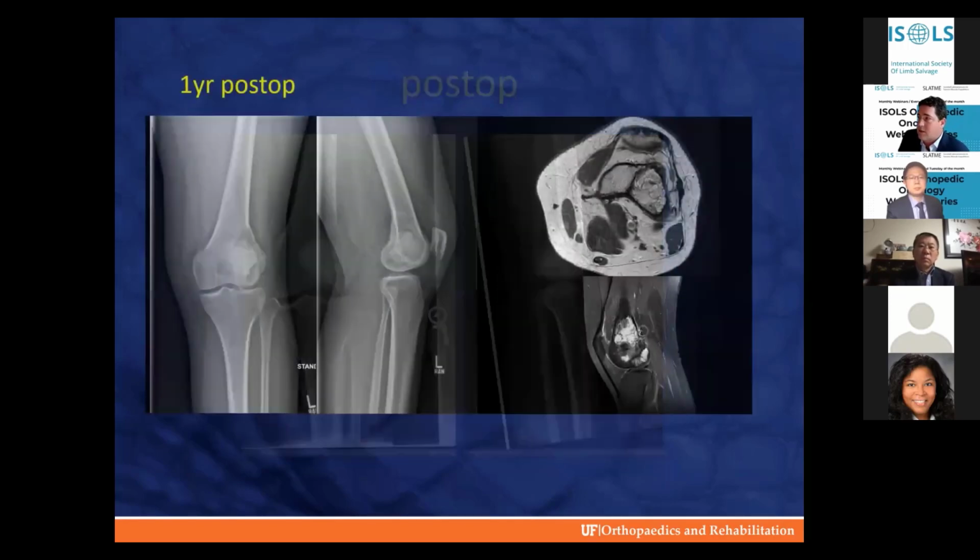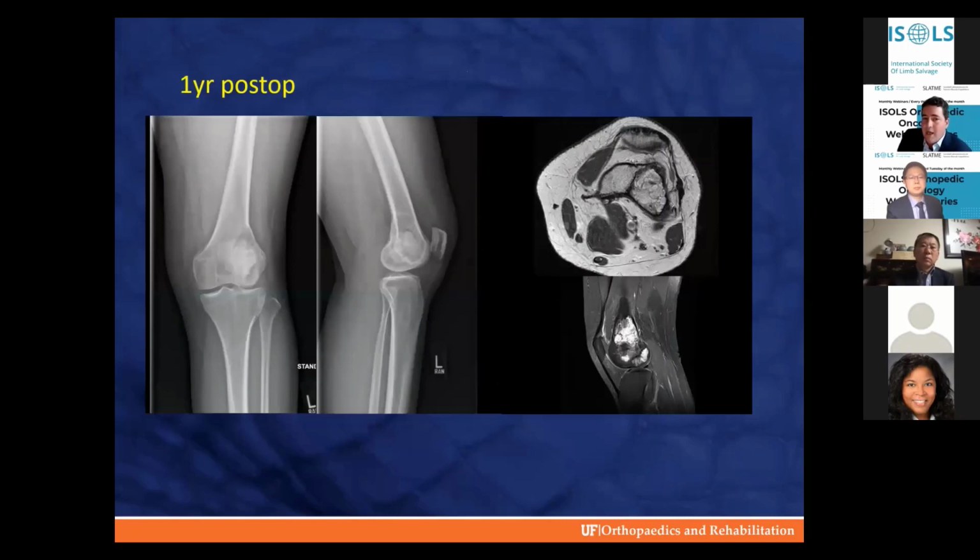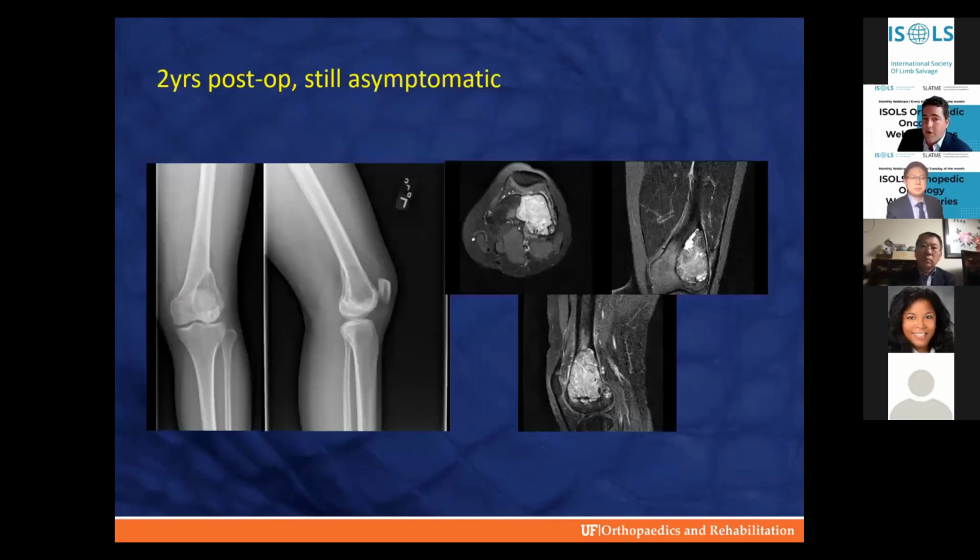These are her first x-rays that I obtained. It was about a year post-op, and there was some radiolucencies around the bone graft. The issue is it's sort of a natural process. There's some cystic degeneration, some incorporation, and so it was really difficult to tell whether or not she had a local recurrence. We obtained an MRI, which showed mainly cystic degeneration, and opted to continue watching her given she was clinically asymptomatic. Continued to follow her, and then about 2 years post-op, this started happening.